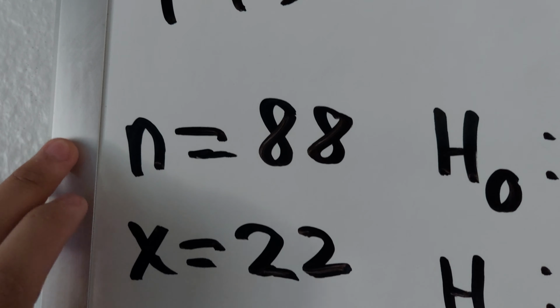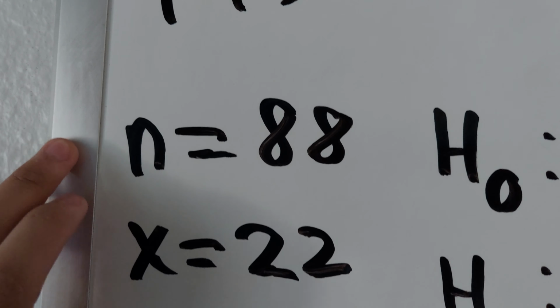Now let's move on to finding q. To find q, we're going to be using this formula. q equals 1 minus p. Now remember that it states p and not p hat. So we're going to be using the null hypothesis, p equals 0.31. So we're using this one, and we're going to plug that in. We're going to get 1 minus 0.31, and that's going to give us q equals 0.69.